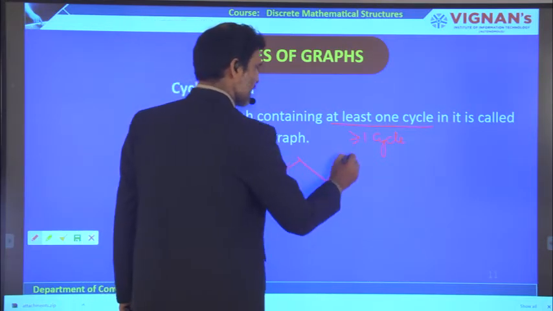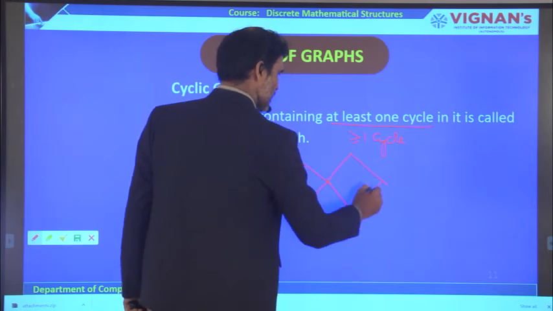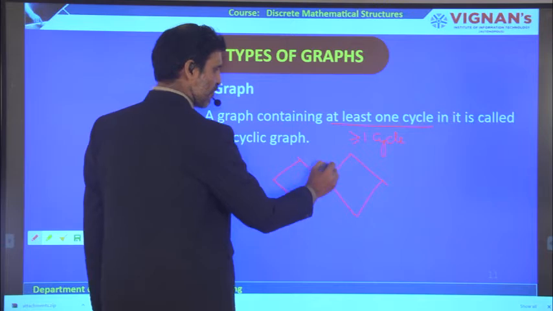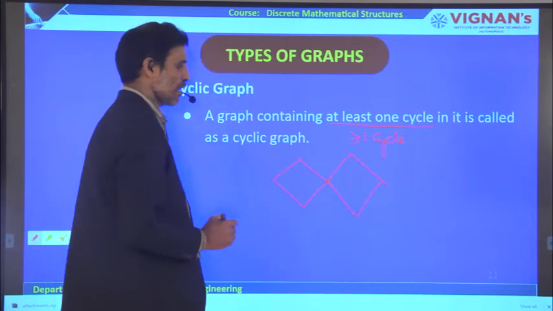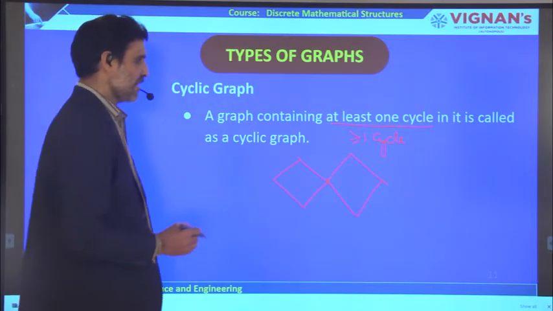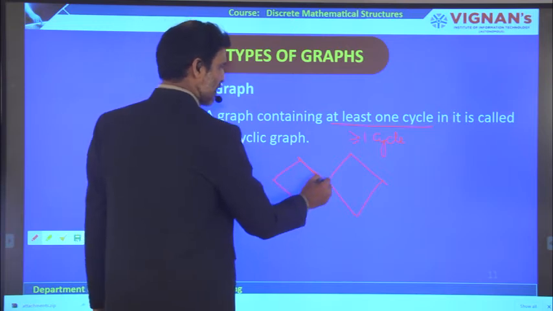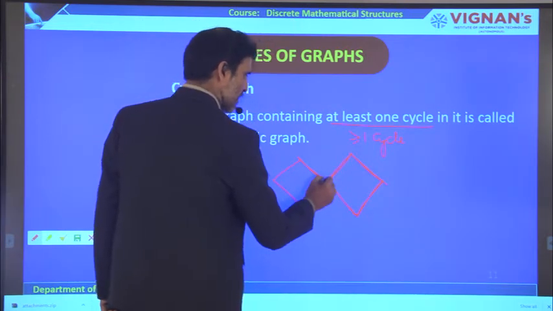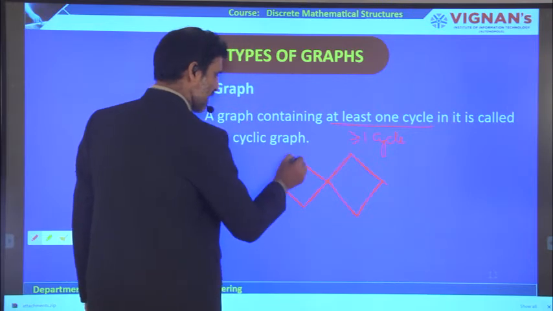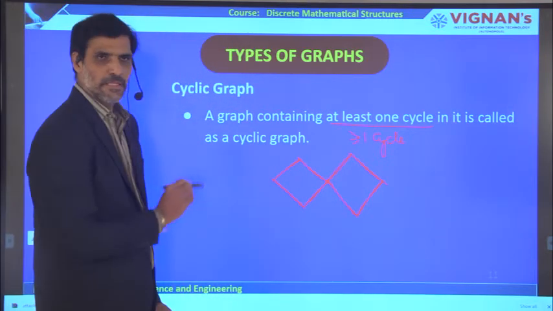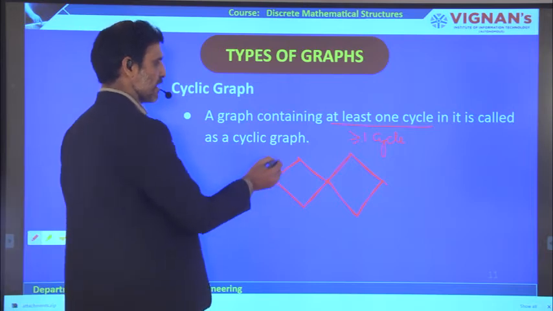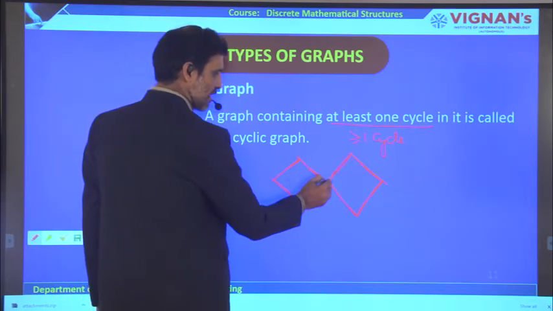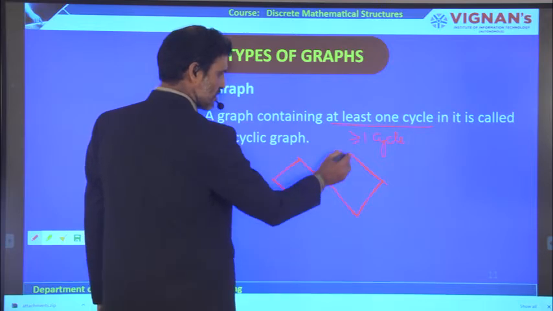Suppose I take another cycle like this with this. You can take the vertices V1, V2, V3, V4, V5, V6, V7. Totally how many vertices are there? 7 vertices are there. If you go, this is a cycle graph. Why? Because it forms a cycle with all the vertices. This is called a cycle graph, and you can take the degree. The degree of this is these two. What is the degree of this? The degree of this is these two, these two.